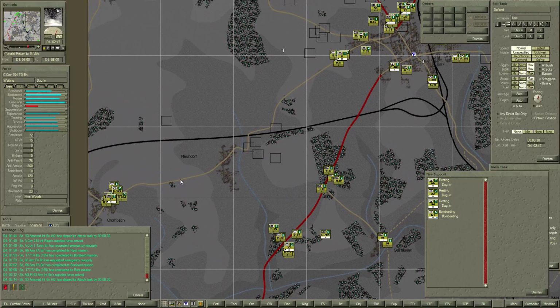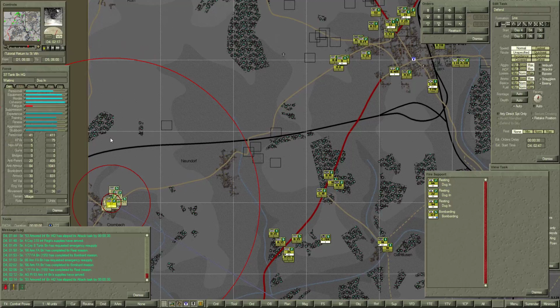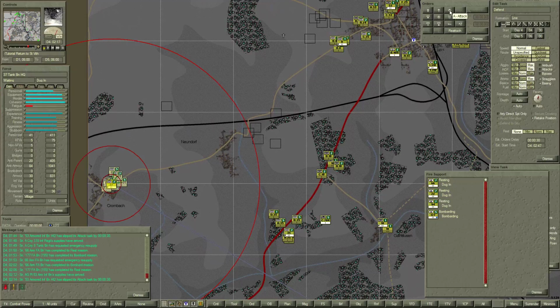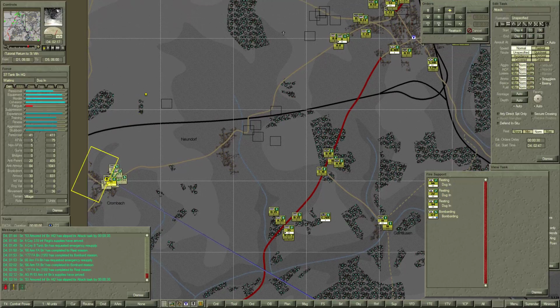If we can keep them in place, I'll actually be able to move the 37th in from the west. And we have very good visibility of this entire area as long as we move just a little bit north along this railroad track. So what I think I'm going to do is give these guys an order, not yet, but just to form up here. And then actually I want them to assault,